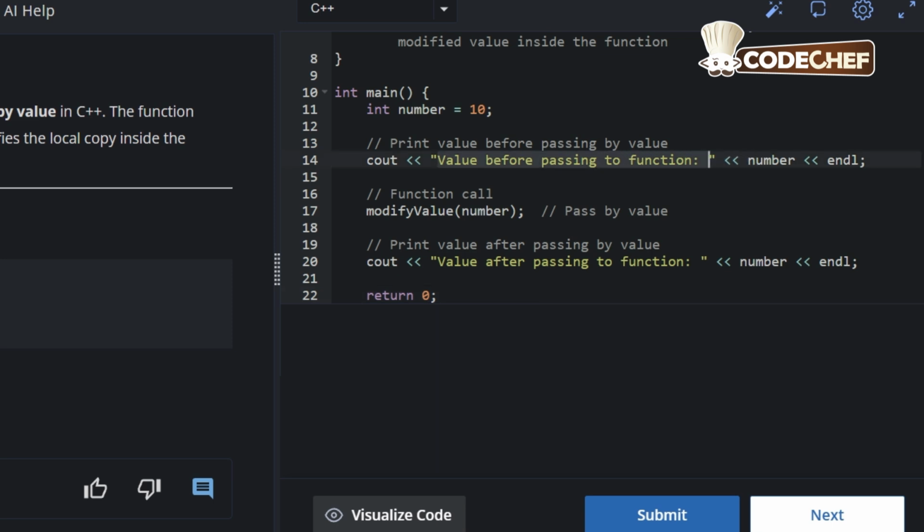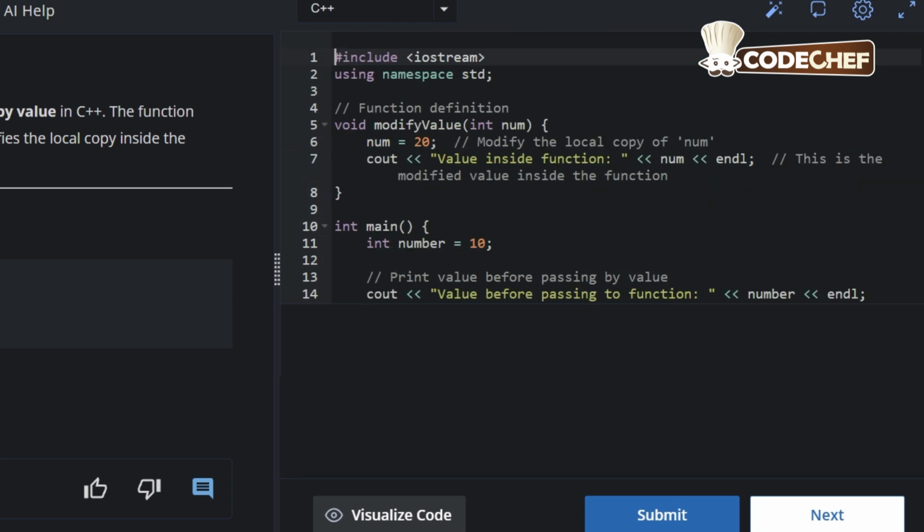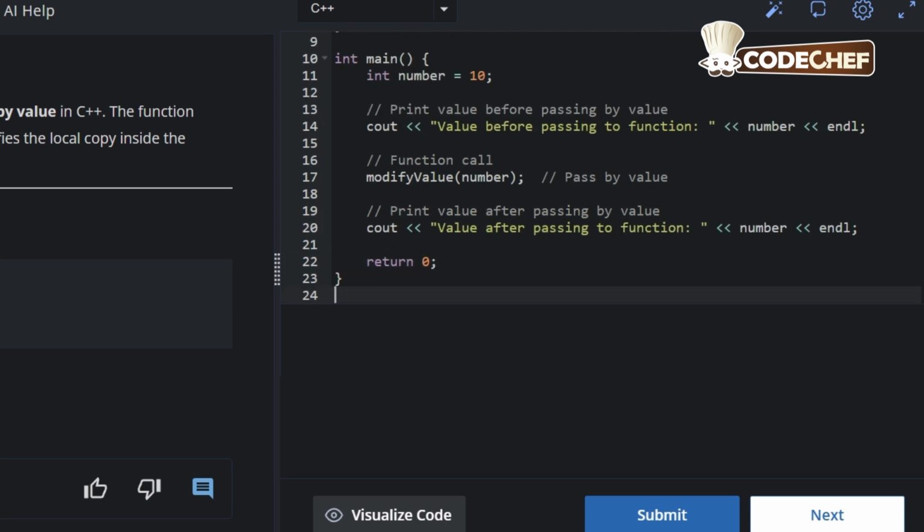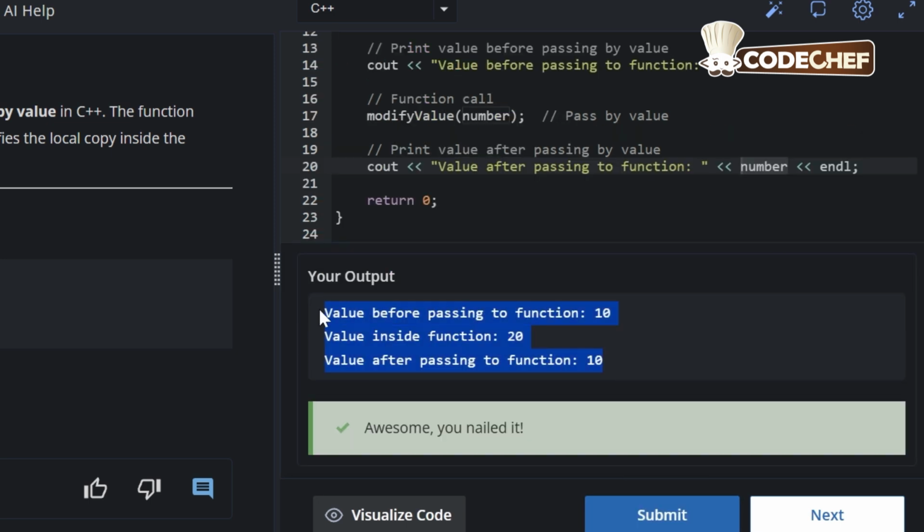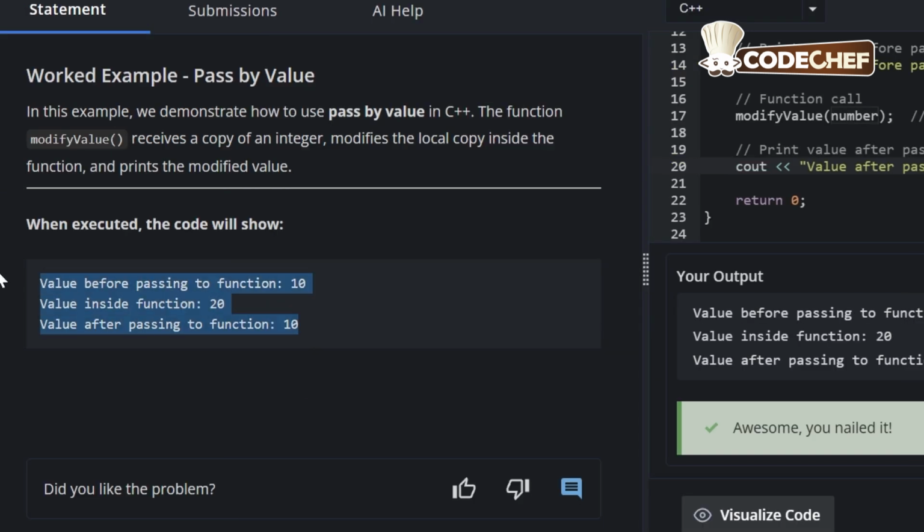Value before passing to function: 10. After that, we are writing this statement for the function call. So after that, you will see this statement printed: value inside function: and then the value of num, which is 20. Then after this function call, the statement that we have is cout "value after passing to function:" and again the value of number, which is 10, will be printed. Let us run the program and see if we are right. So this is exactly the same output that we are expecting,